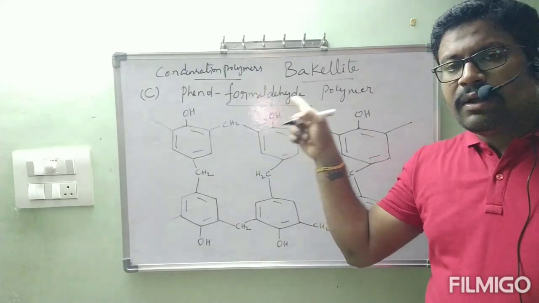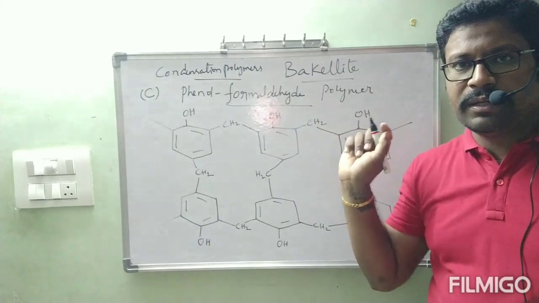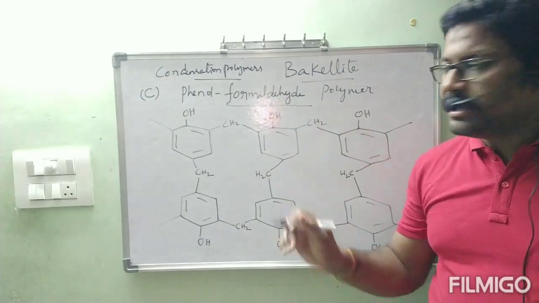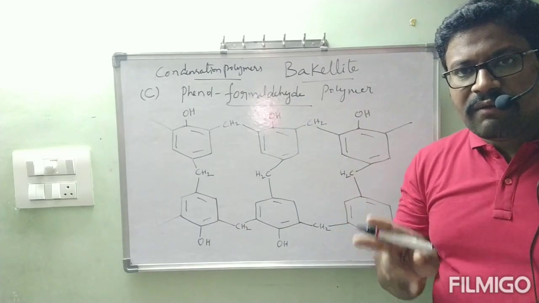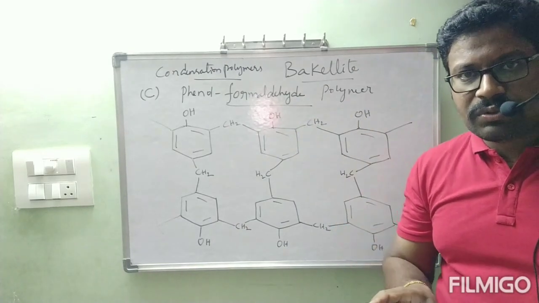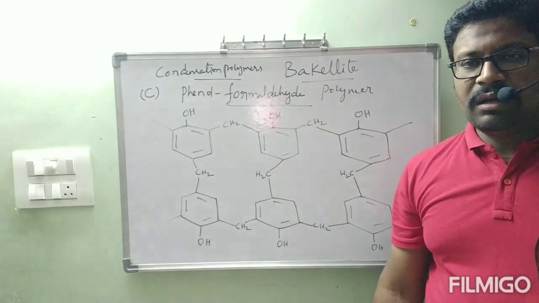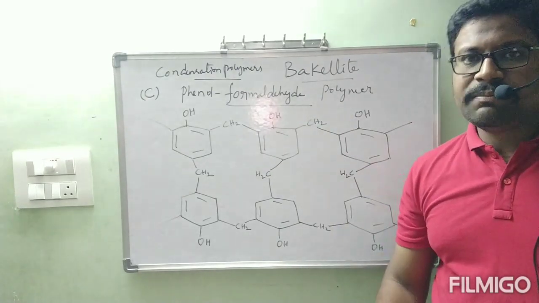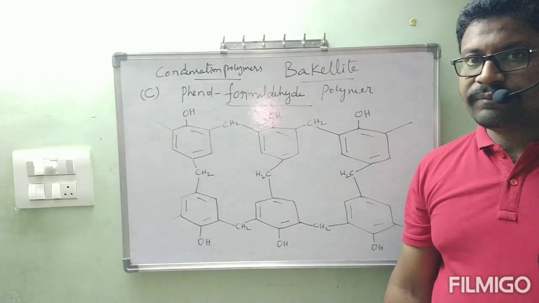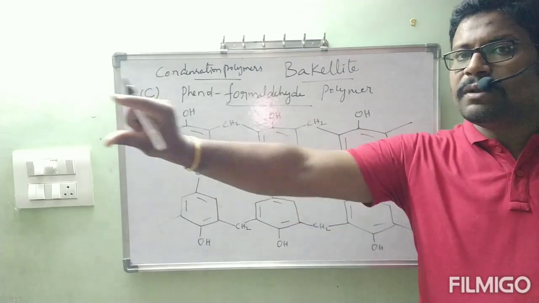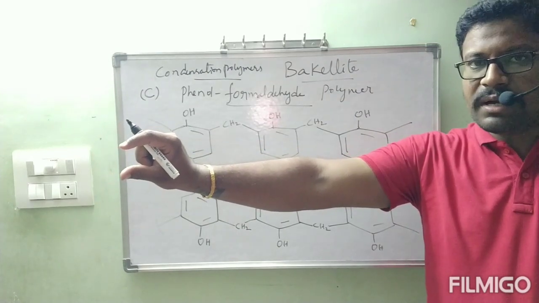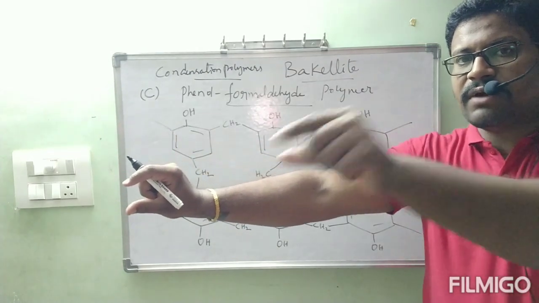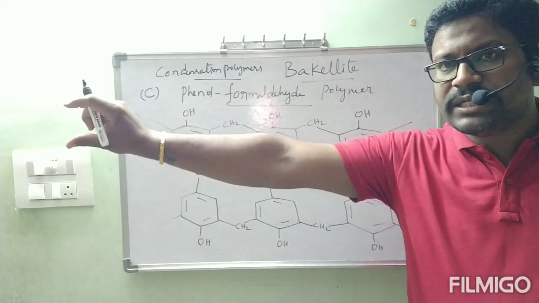Phenol formaldehyde NOVOLAC bakelite polymer. Like that we can say, or simply phenol formaldehyde polymers. Two polymers are there under phenol formaldehyde polymers. Those two are, one is NOVOLAC and another one is bakelite. NOVOLAC is formed by straight chain polymerization of one phenol molecule and formaldehyde molecule, again phenol molecule and formaldehyde. Like that it will be continued as a straight chain.